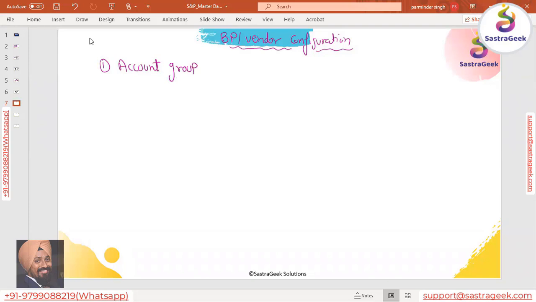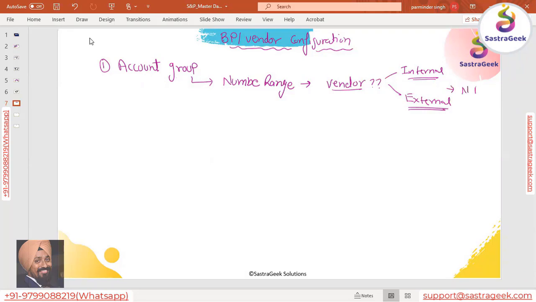Within account group, what will you be doing? Field selections and settings. Against the account group, you will define the number range. This number range will define what the vendor number should be when a vendor is created, whether an internal number or an external number would be there, whether it would be an alphanumeric number or a numeric number, and what the number range should be.